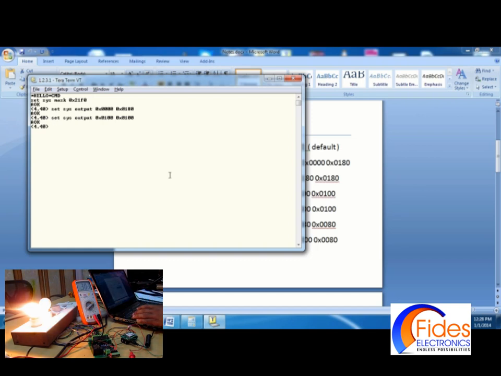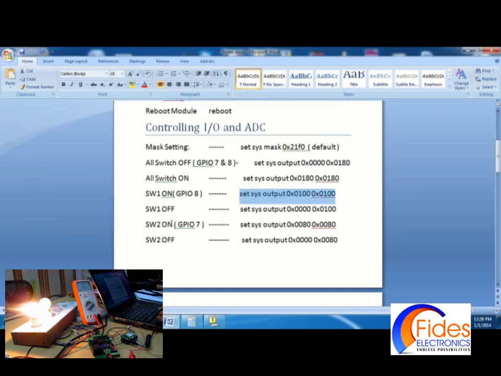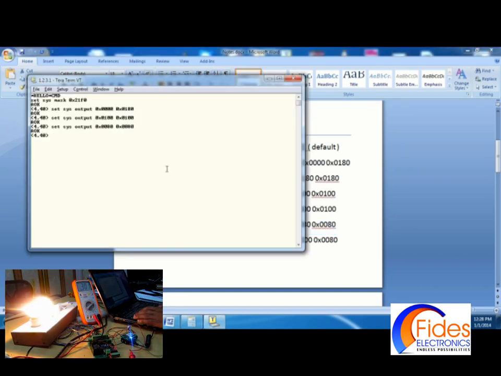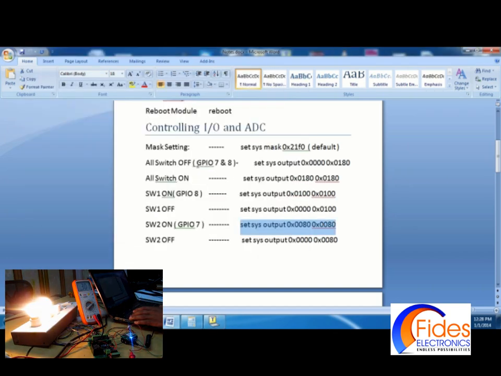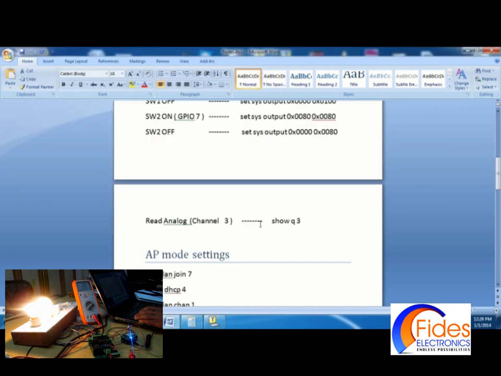Now switch it off. Now let us switch the second light on, that is GPIO 7. Set the GPIO 7 to high. Now let us switch both the lights off.